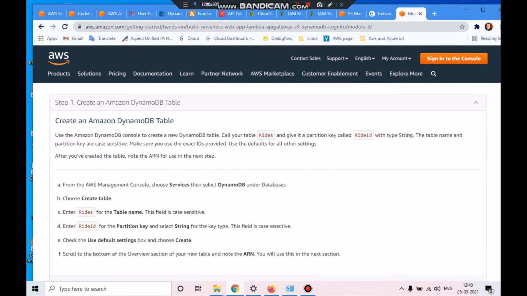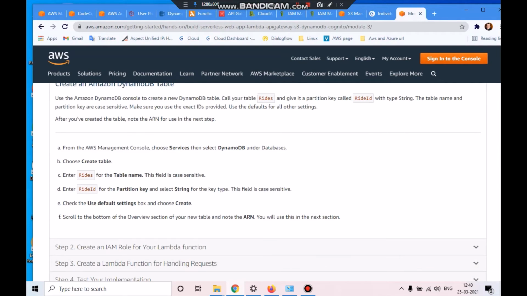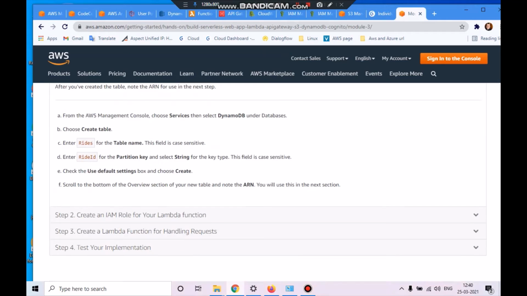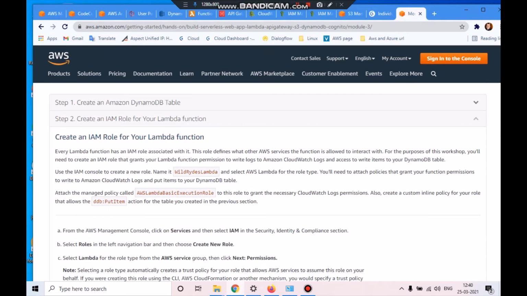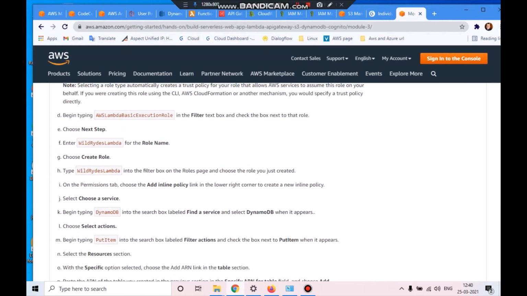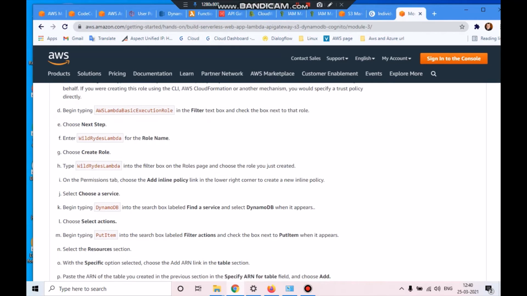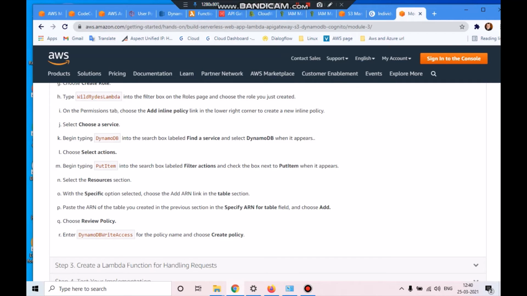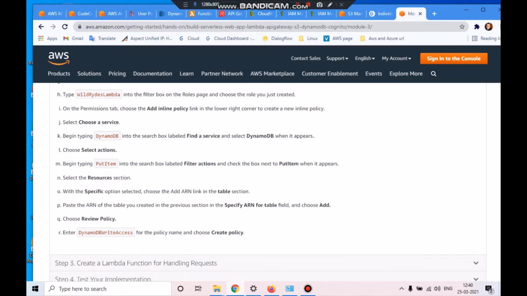I created a DynamoDB table called rides, and I used the ride ID and participation key strings and all the things. After that, you have to create an IAM role for the Lambda function. The reason is that Lambda needs to be given access, and what type of put request it's going to make, all the things we are updating over here.